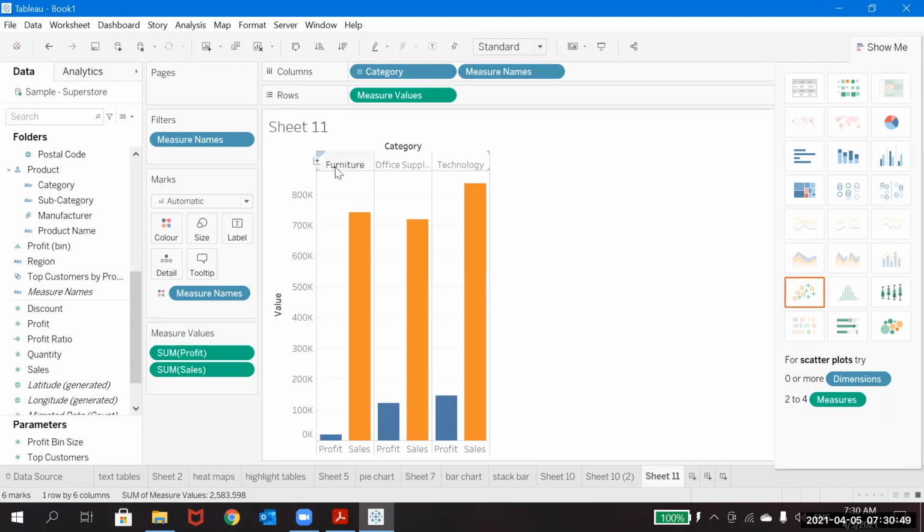In furniture, profit and sales are showing together. Okay, so it depends on how you are considering the view.